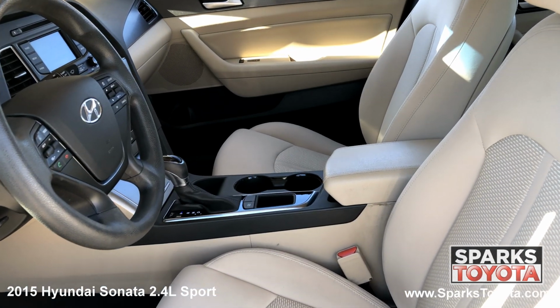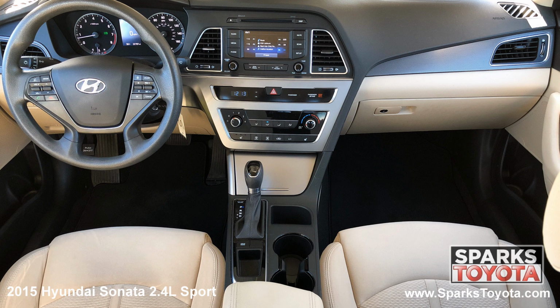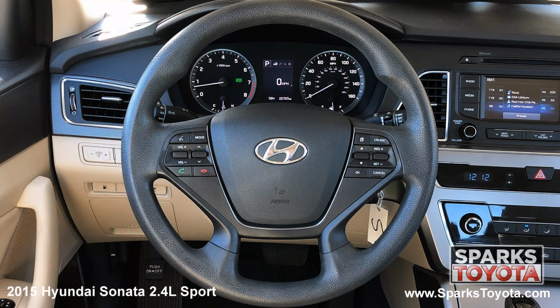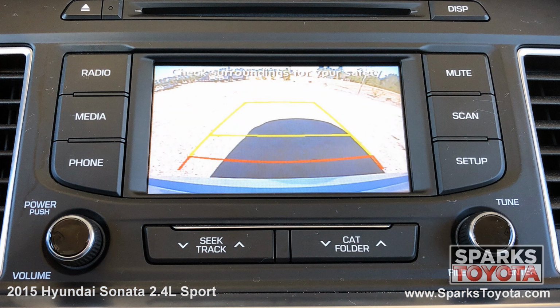The front row heated premium cloth bucket seating. Cruise, AC, a locking glove box, a tracker system, selective service internet, a tilting, telescoping steering wheel with convenience controls, the entertainment system with a CD player, Bluetooth, and voice activation, and a backup camera to make backing up a